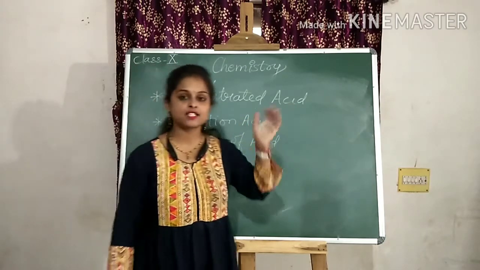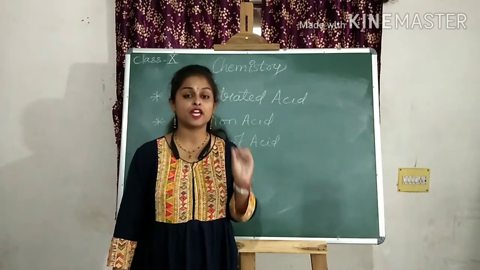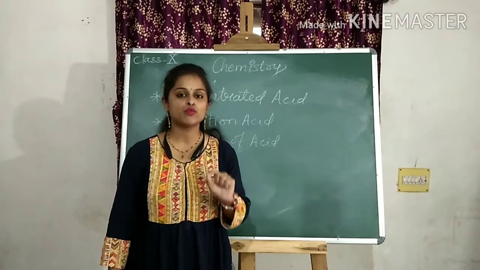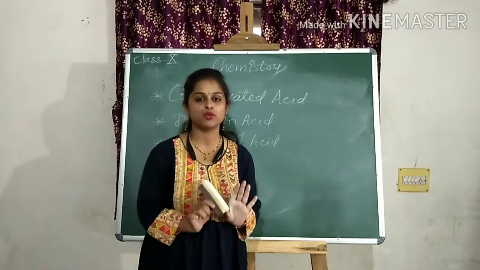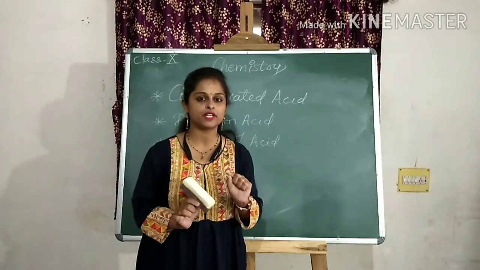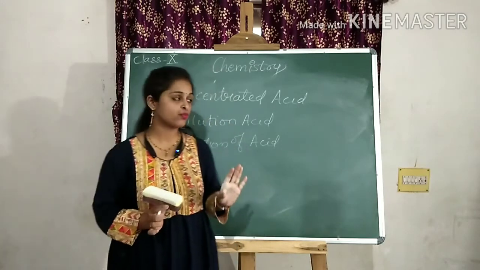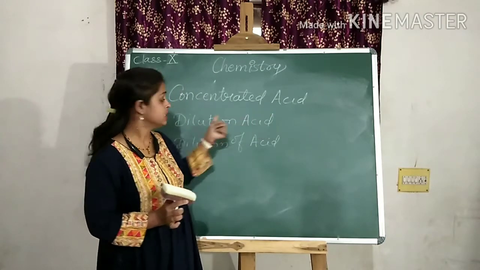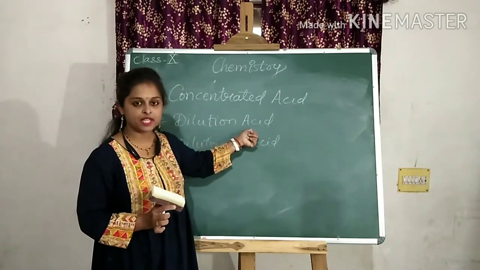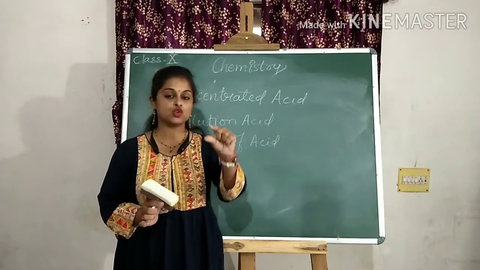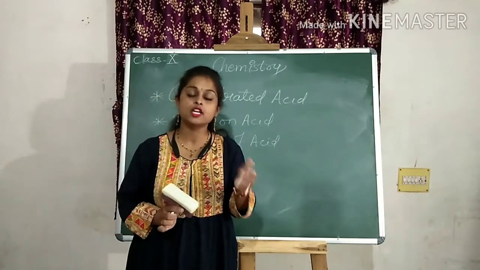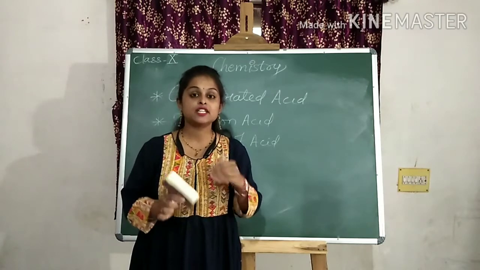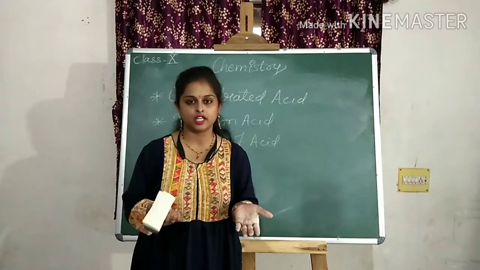Concentrated acids are such acids which have the very minimum amount of water in them. In short, ऐसे समझो उसमें पानी होता ही नहीं है, which are in pure form. A very minute amount is there, but you consider it in pure form, that is concentrated acid. And dilute acid means consider that 25% of acid is there and 75% of water in it. It is diluted, meaning it contains much more water.